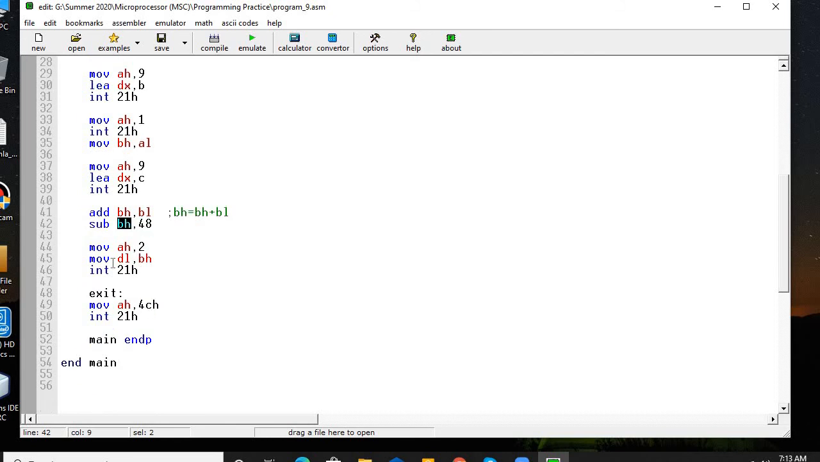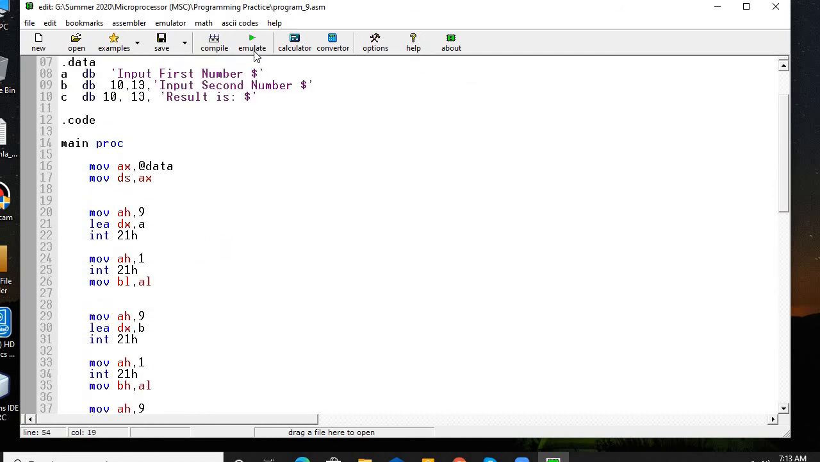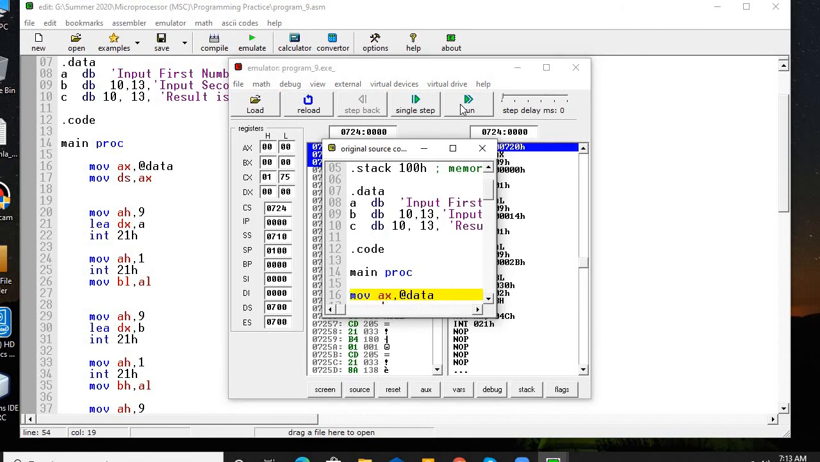So now if my number is 4, after subtracting, 4 will be stored in the BH register. Now I'm going to move ah, 2 there, because I want to display my number which is contained in the BH register. So BH will be transferred to DL for displaying purposes, and then comes my exit. So if I run this program here,